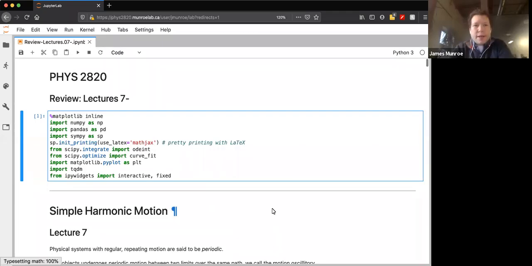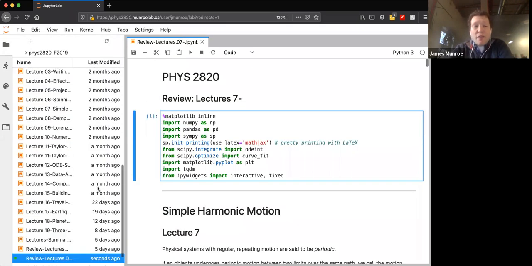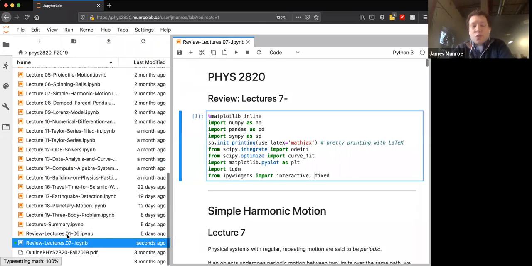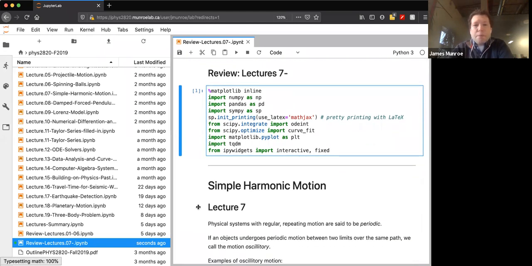Okay, so we're going to continue with our review of this course. What we did last Thursday is I went through lectures 1 to 6 and reduced it down to little snippets of must-know stuff. That notebook you should have access to now, and it's given the title of Review Lectures 1 through 6. I'm just continuing to go through the rest of the lectures. We'll go through hopefully about 6 or so lectures today, trim this course down again, and then I'll post this